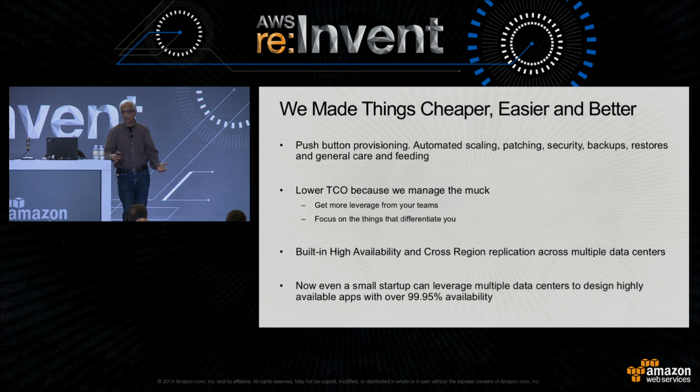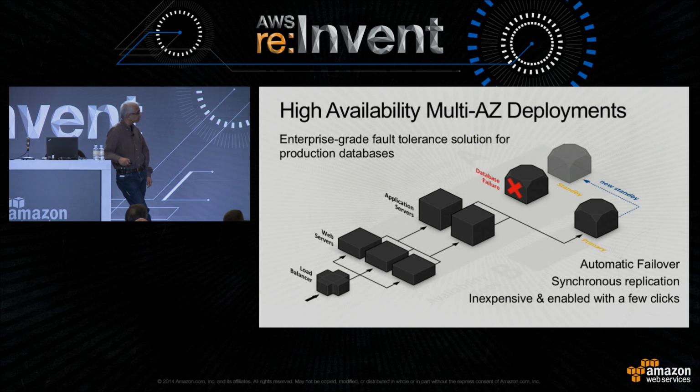And if you are a large enough company where you have multiple data centers, you can certainly do it between data centers. But if you're a smaller company, you probably wouldn't be able to do anything like a high availability database without what we've done with Multi-AZ. In fact, what Multi-AZ does is it gives you enterprise-grade high availability. We give you an SLA of 99.95, which means less than 20 minutes of downtime on a monthly basis.